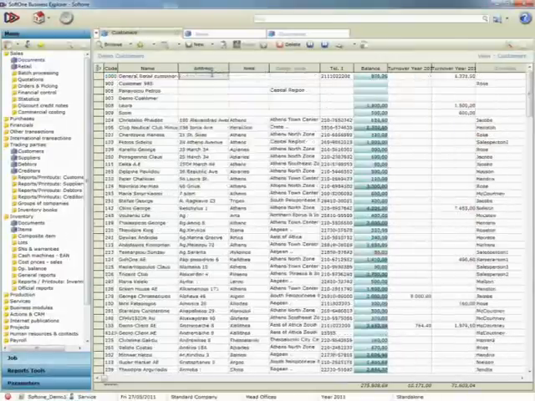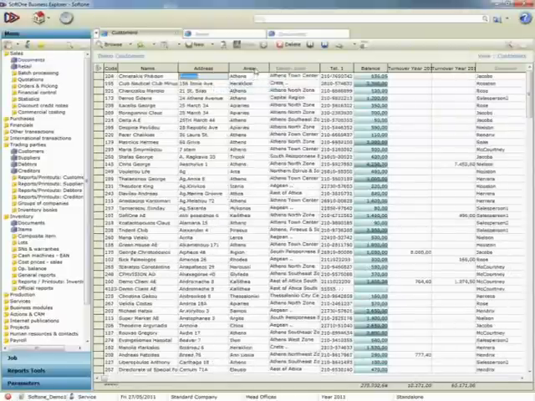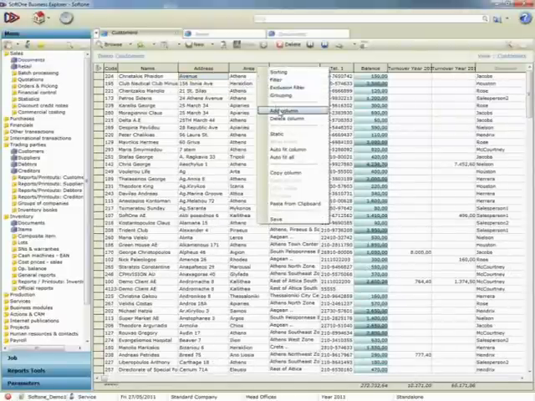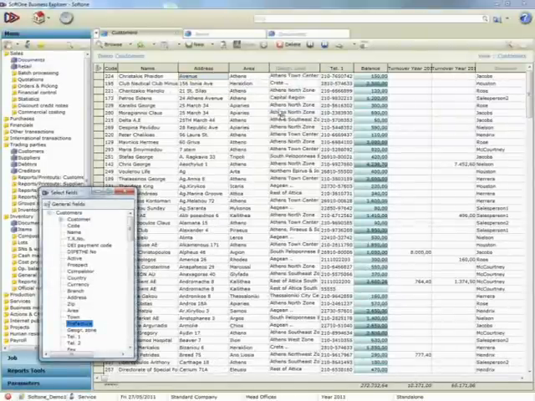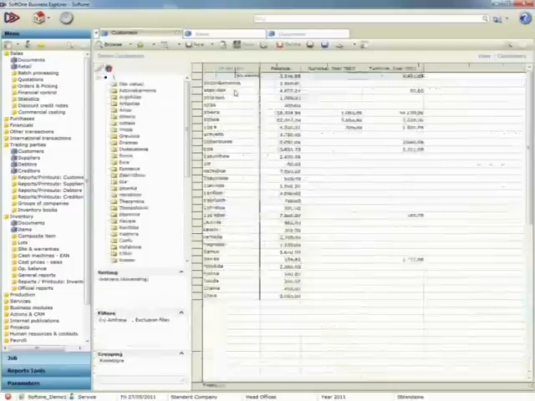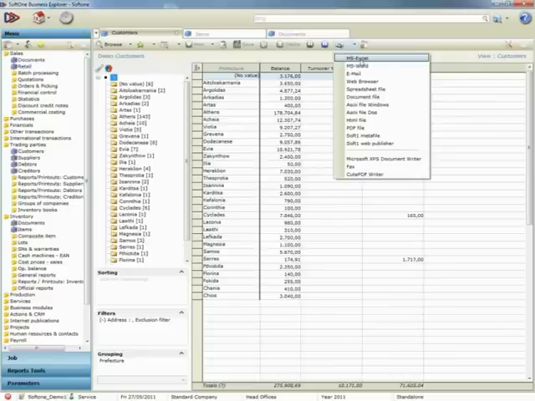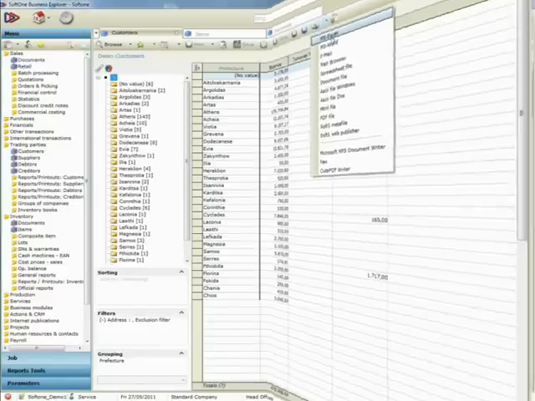The user can sort, use filters, display new fields, group and export data in several formats, including MS Excel with a few simple moves.